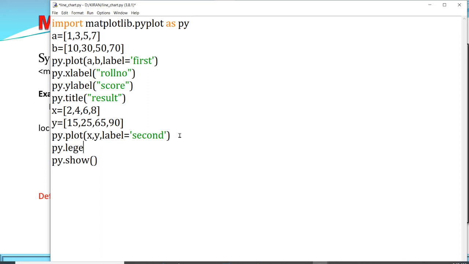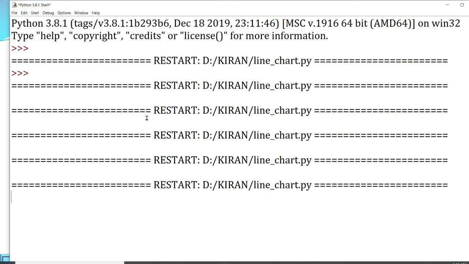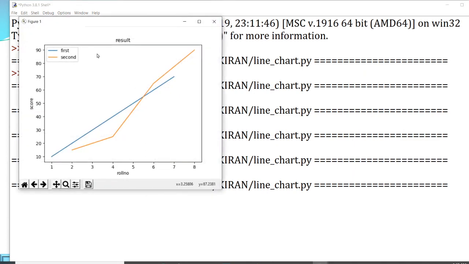I have mentioned here the label, and again I have to write down the legend function. So I am writing here the legend function. Clear? Now you want the legend to be displayed, so you have to write down the legend function, and for the legend to work you have to write down the attribute label in these two plot functions. Now I run this code and you can see the legend appears on the chart area.